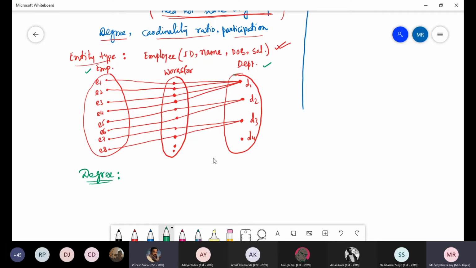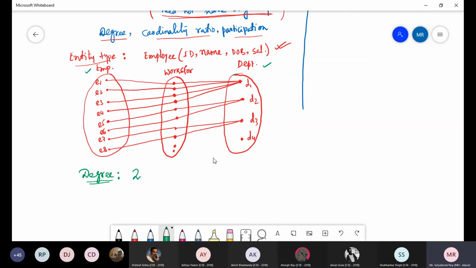It is 2. So degree of the relationship works for is 2. So that is why it is called binary relationship. Is it clear, students? Yes, sir.